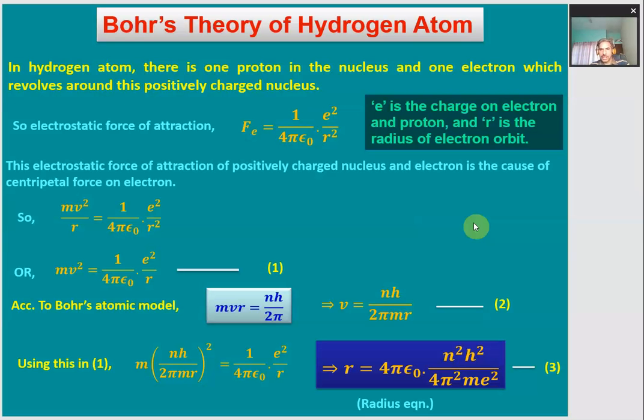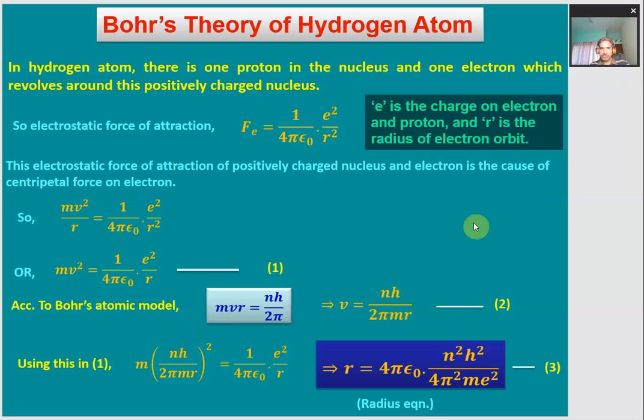So Bohr considered that according to Rutherford, the electron revolves in any possible orbit. That assumption is not correct. The electrons around the nucleus can revolve only in specific orbits for which the electron possesses angular momentum equal to n times h upon 2 pi, where n is the principal quantum number, which carries the integer values 1, 2, 3 and so on. So the electron can lie only in those orbits for which the angular momentum of the electron in that particular orbit is equal to n times h upon 2 pi. That was the correction made by Bohr's